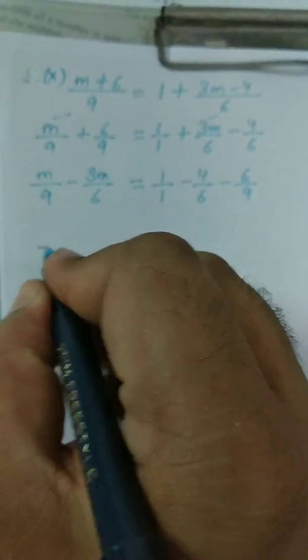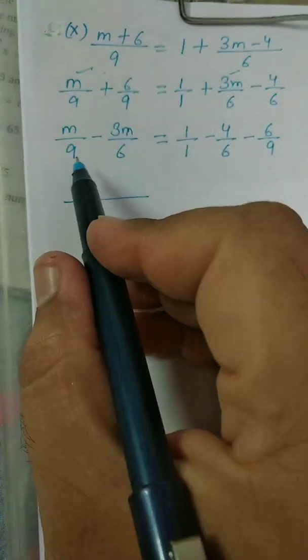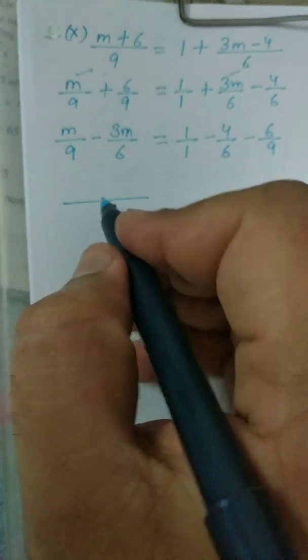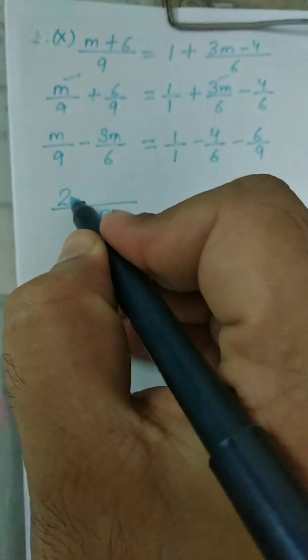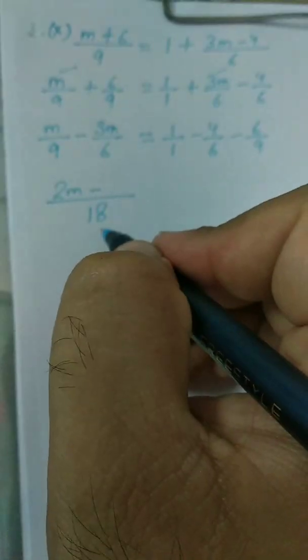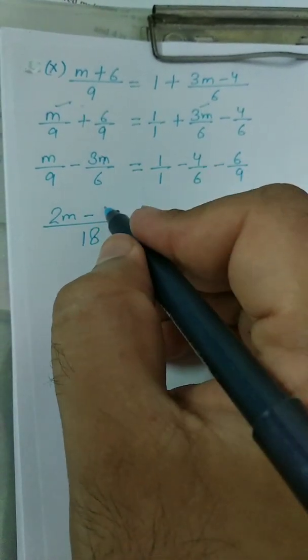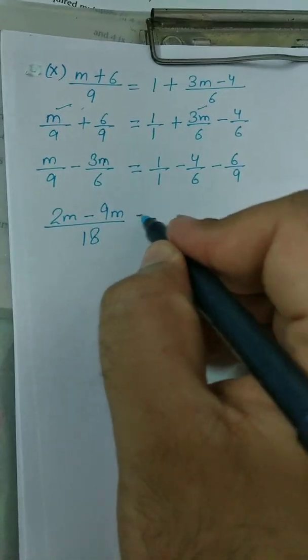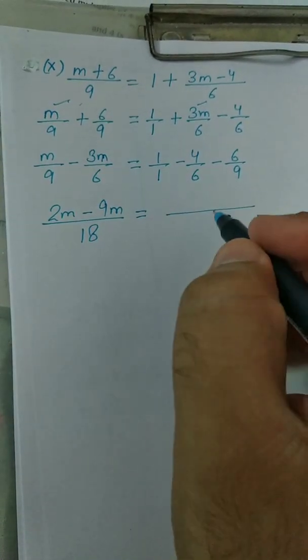9 और 6 का LCM निकालेंगे आप first of all. Okay, the LCM of 9 and 6 is 18. 9 की टेबल में 18 कब आता है, आपका 2 ज़ा, तो 2 multiplied by m is 2m. माइनस 6 की टेबल में 18 कब आता है, 3 ज़ा, 6 3 ज़ा 18, so 3m multiplied by 3 is 9m, equivalent to the, here also LCM of 1, 6 and 9 is 18.